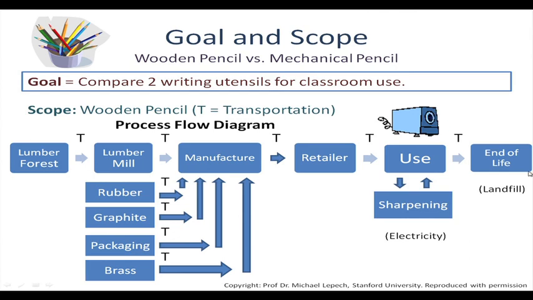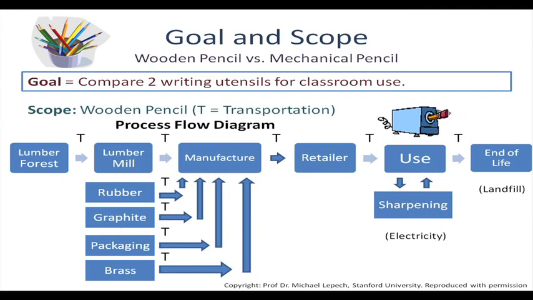So this whole process from the lumber forest all the way to the end of life is the cradle to grave for this wooden pencil. So think about that. For a product as simple as a wooden pencil, you need to go through all these processes. And think about all the transportation. Just for this small product, we had T's 1, 2, 3, 4, 5, 6, 7, 8, 9 times. So we have to take this transportation data, and mostly you have to find out whether it's a transport by sea, a river based transport, water based transport,